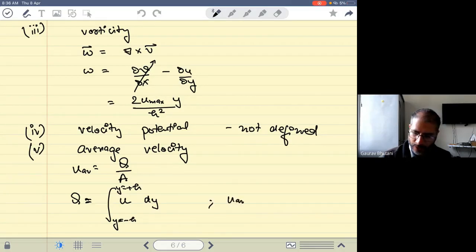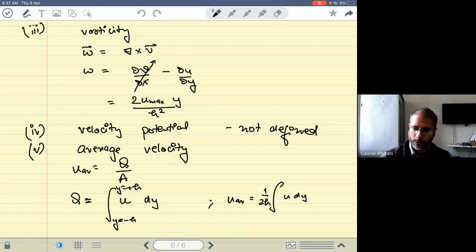So u average is integral u dy, and then that is 1 upon twice of h. Again, the width w is constant. You can call it 1 or w. I mean, it's actually not 1. It is very long. We said in the beginning as an assumption that it's an extremely wide plate. So the effect of z is gone. So you can call it w, and the w will cancel out from the dA term in the integral as well as the 1 by w term from the 1 by A.